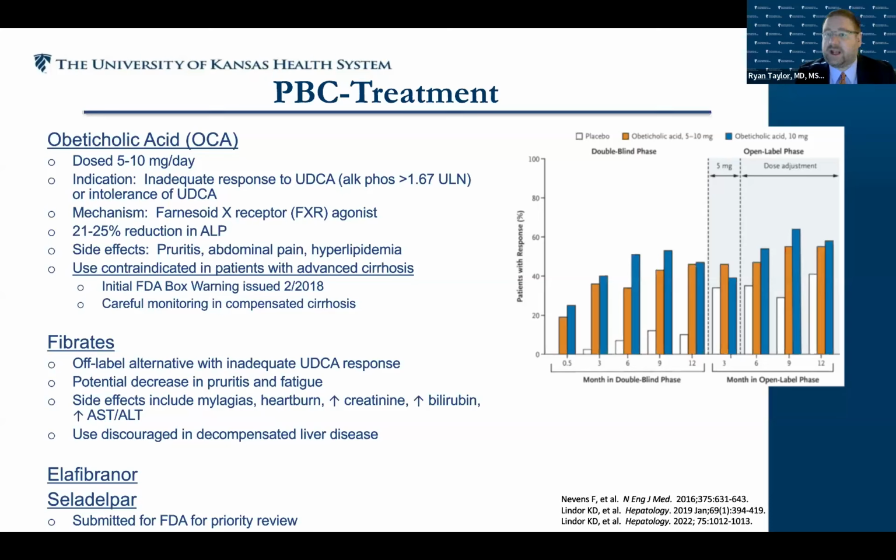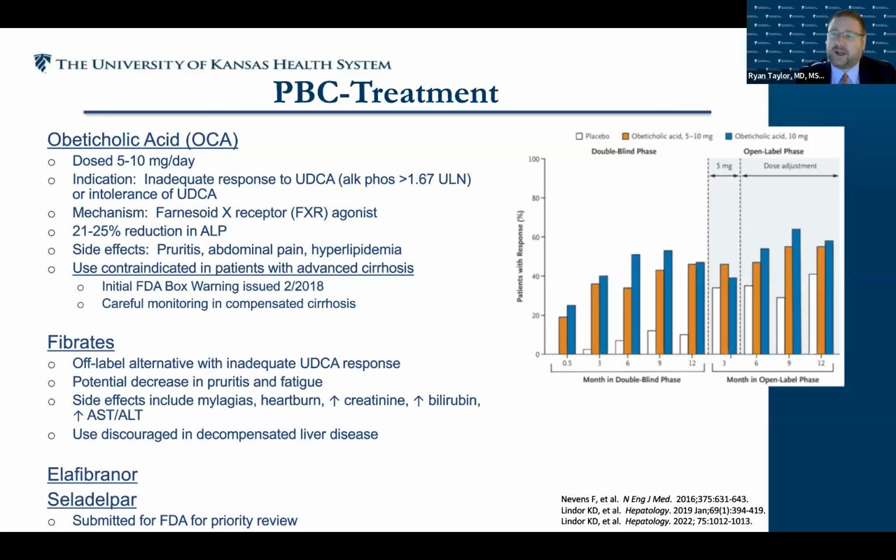However, the number one side effect with this drug is pruritus, and as I already mentioned, this is a very common side effect. So you can imagine we're giving a treatment to help a disease that causes itching, and your drug's number one side effect is itching. That can be a very tough combination. So that does limit its use for patients. And then in 2018 and later in 2021, there was an advancement with a black box warning by the FDA because there were some poor patient outcomes in cirrhosis itself. So we do not dose this drug for patients with decompensated cirrhosis.